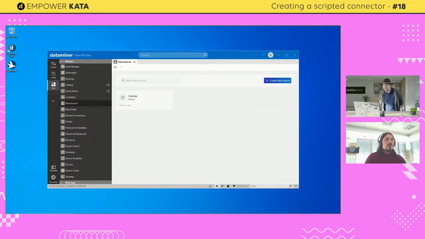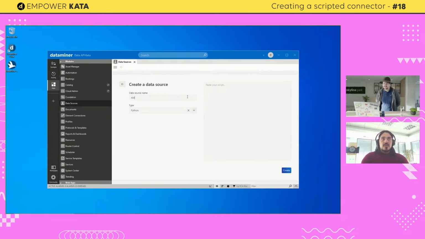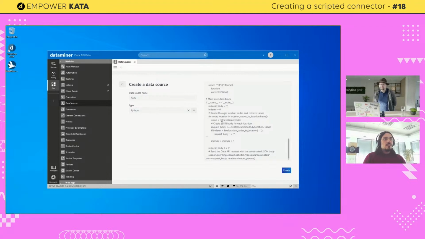Cool. So we're on that page. You copy the Python. I'm guessing you're just going to paste that in there somewhere. Yeah, I have a pretty nice create button here. You'll see the UI is simple. You just give it a name, so I'll just call it AMS for simplicity. Out of the box, we have Python and PowerShell available. Eventually, depending on interest from our users, we'll evaluate which ones we add support for here. But for now, I think this already covers a lot. So I can just paste my code here.